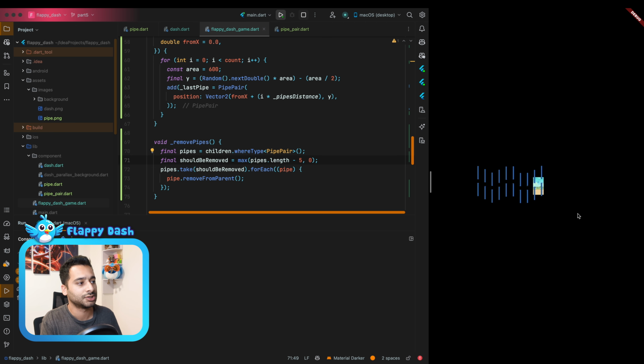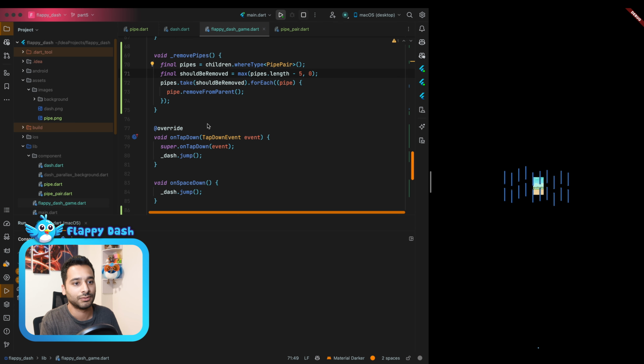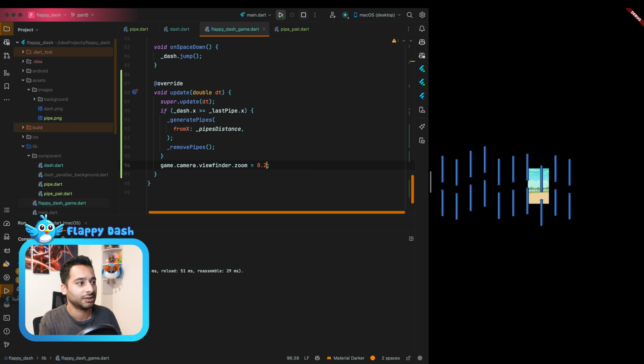When we generate a new batch, the old ones are removed. And you see that this is the world that we have, this is the camera that we zoomed out, and this is the game. The parallax component is just a rectangle, and our camera is looking at it. And if you zoom in, so where was it? It was here. If you zoom in, you see that